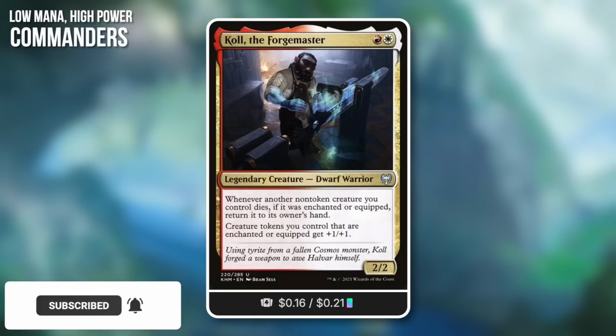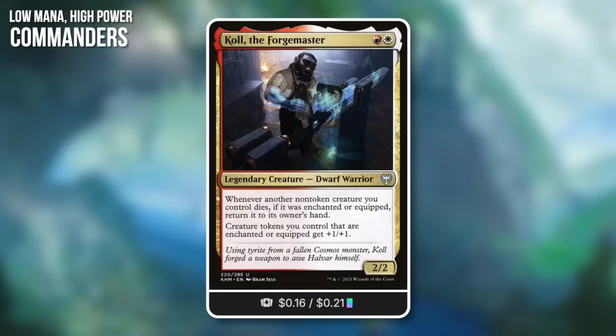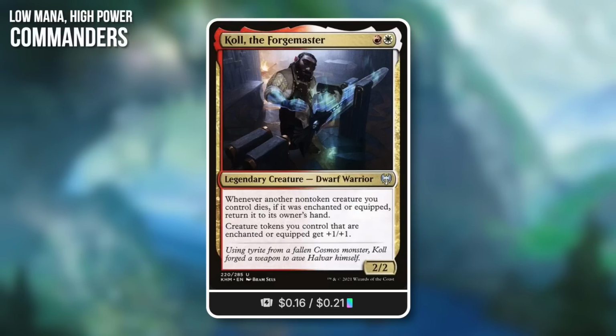So again, if you just have equipment out there that can equip for free or equip automatically when something comes into play, you're going to be able to win with this very easily with a simple sacrifice outlet. And yes, there are sacrifice outlets in these colors. I mean, like Goblin Bombardment, but even in white, you've got Martyr's Cause, I think that's one of them. Basically, being able to utilize those is freely sacrificing one of your creatures and going,